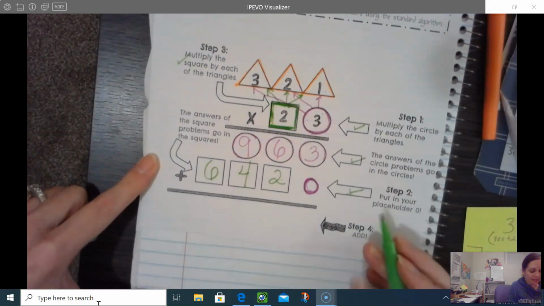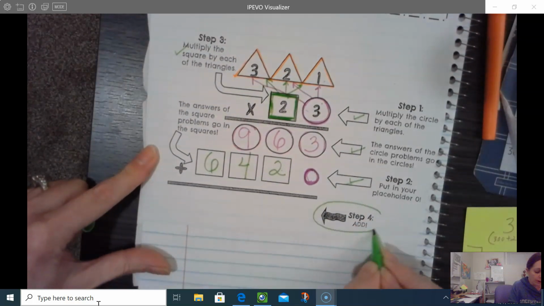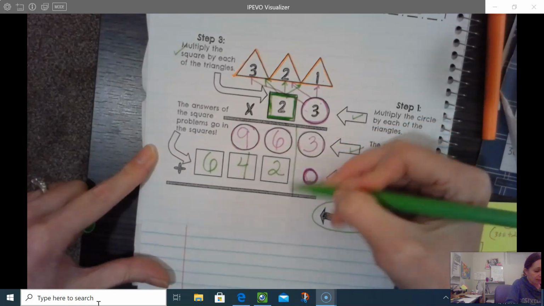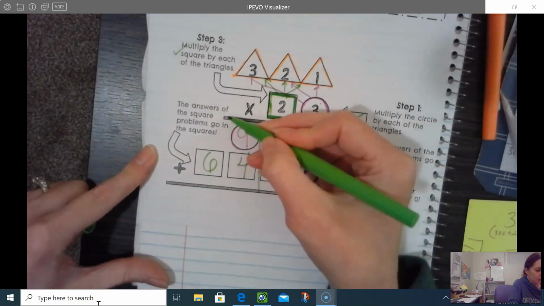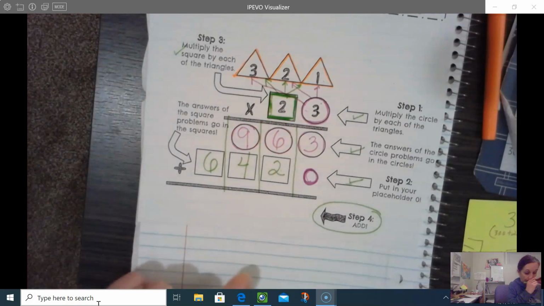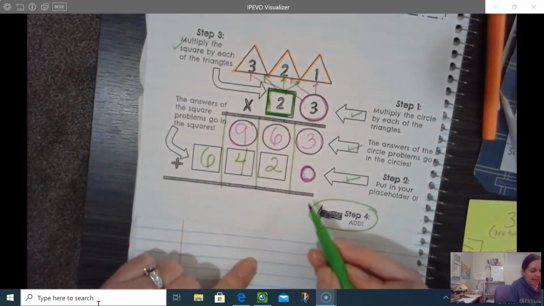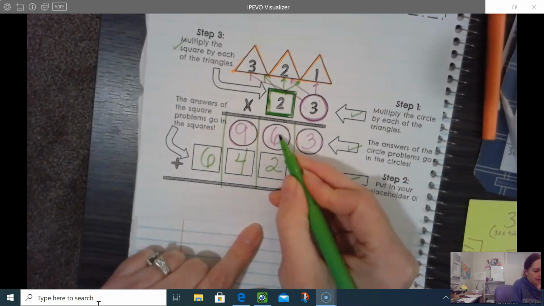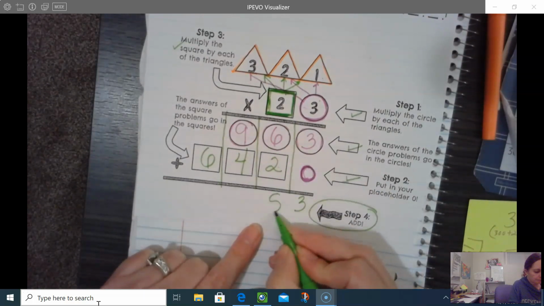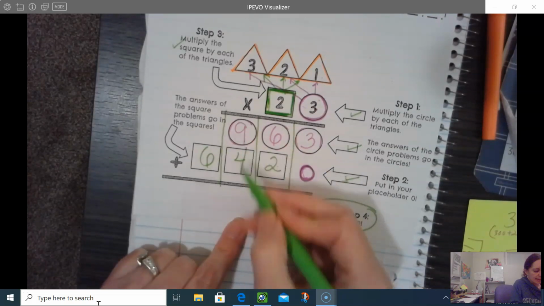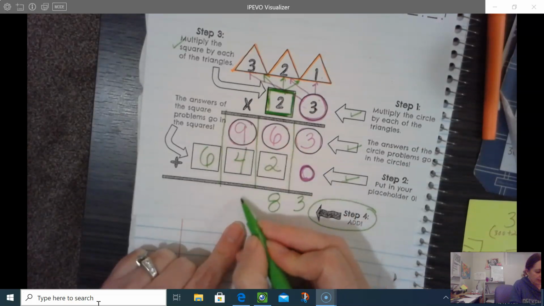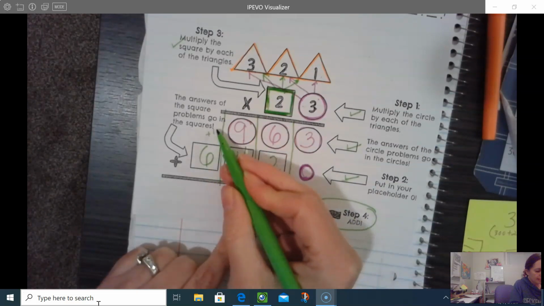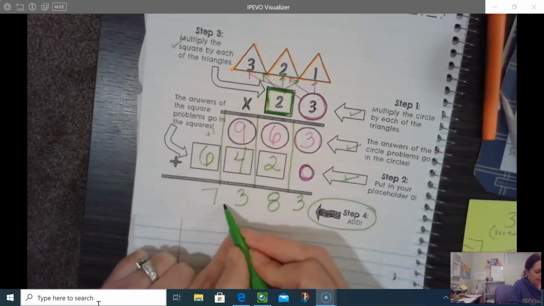The last thing that we are going to do, step number 4, we are going to add everything together. So this is like a little mini addition problem. Okay? So I'm going to go ahead and just add 3 plus 0, that is 3. 6 plus 2, that is my 8. 9 plus 4, that is 13. 3 down, carry up my 1. 6 plus 1, that is a 7. So